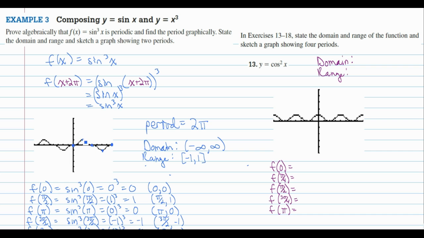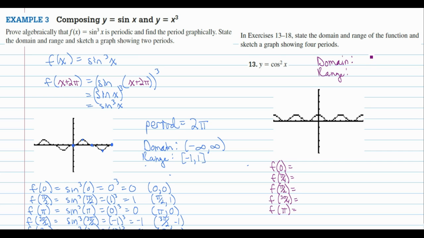You can explore those other values in there on your own, for example, the sine of pi over 3 cubed, the sine of pi over 6 cubed, etc. Alright, the now try problem for example 3 is number 13. Number 13, the directions just say state the domain and range of the function and sketch the graph showing 4 periods. Well, the domain is going to be all real numbers again because I'm squaring the cosine function and there's